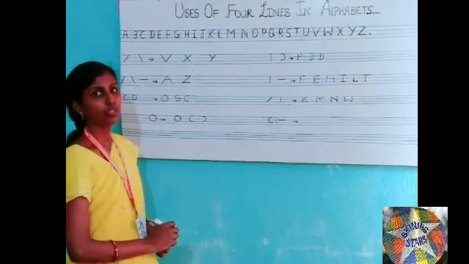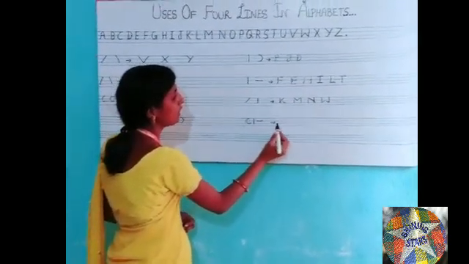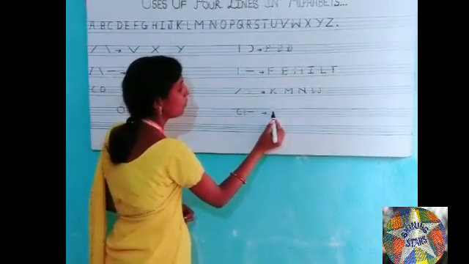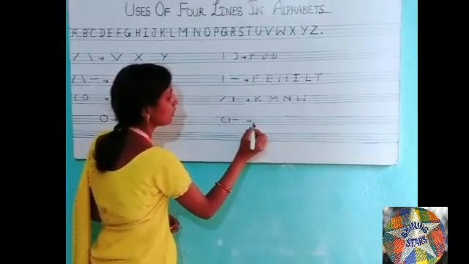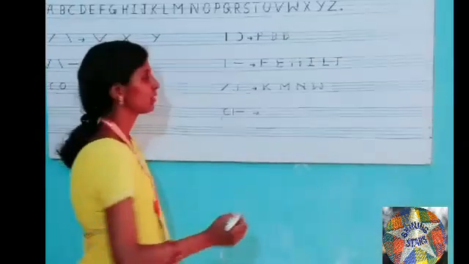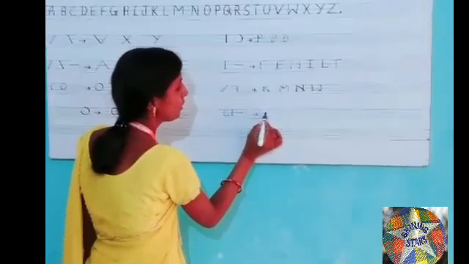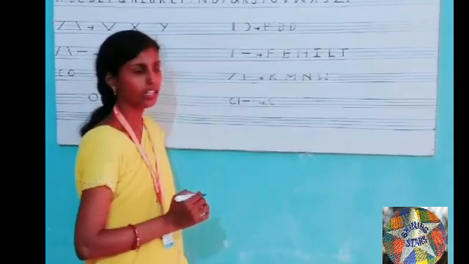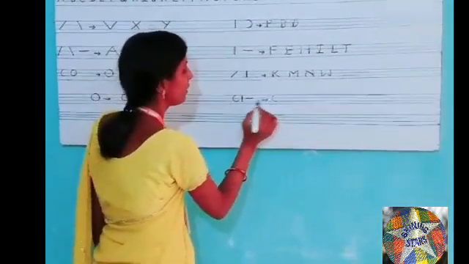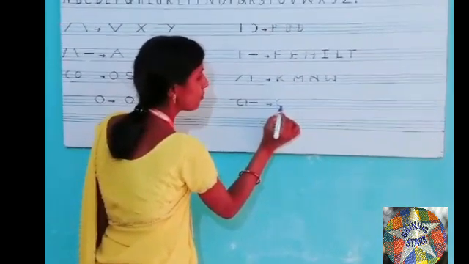How will we make it with 3 lines? How will we draw it? See, capital G we will draw. Blue line to second green line, 1, 2, 3. Draw a semicircle. We will use C, the semicircle. Blue line to second green line. We will draw C. Then we will draw a standing line only in between 2 lines.